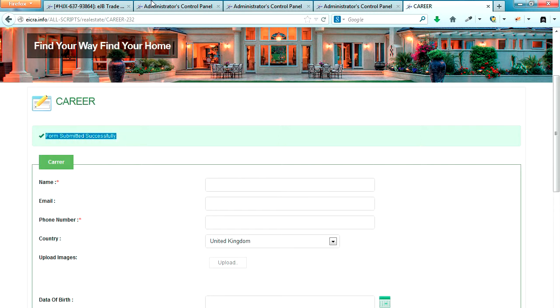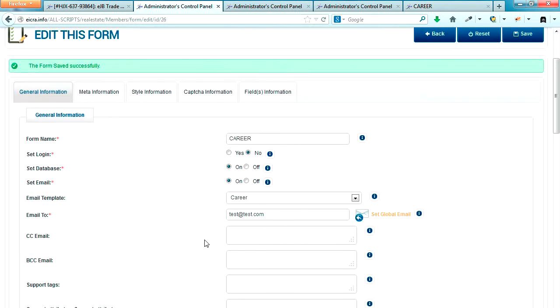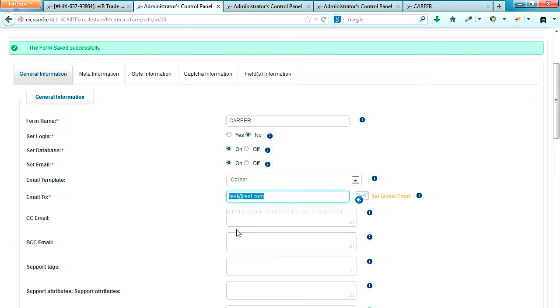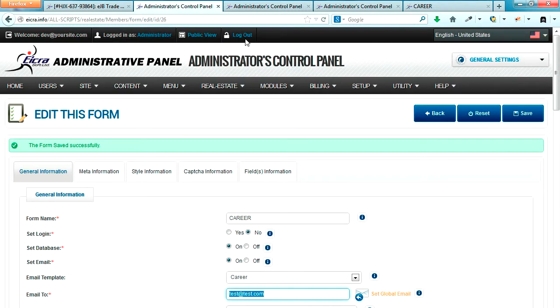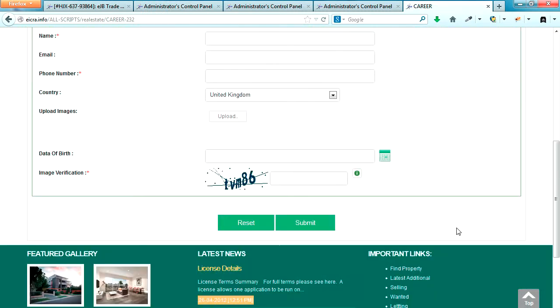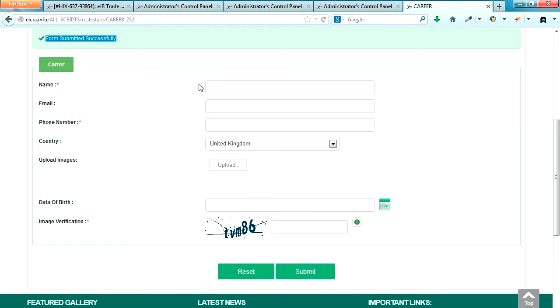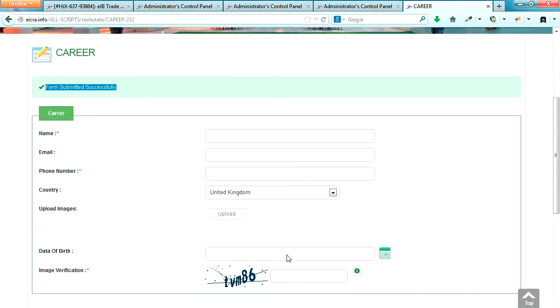It sends email to this address, it sends email to this address. So for your case you can add your own real email address to test, and the content it mailed is the content that we have created as an email template. So in summary, this is a web form that we have created under site, create new form,